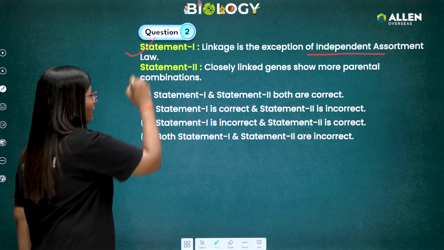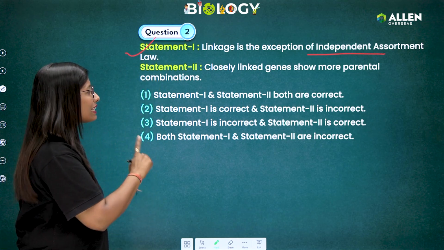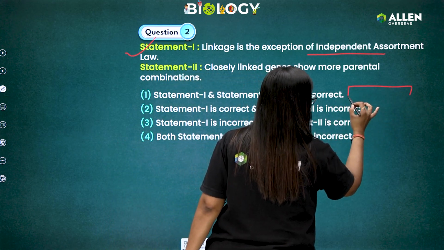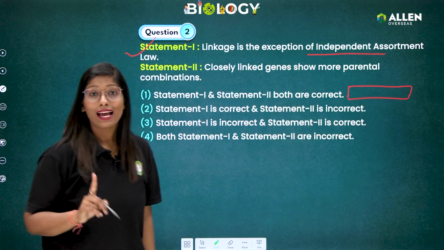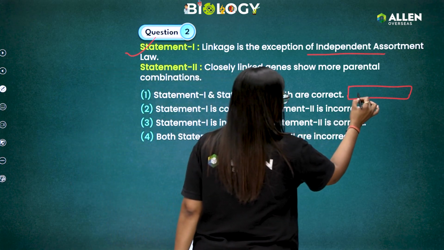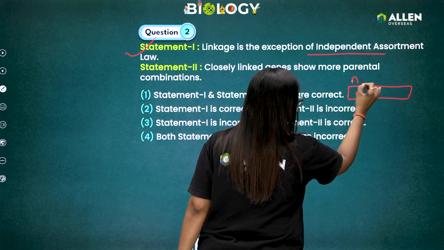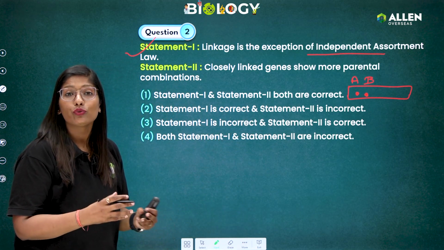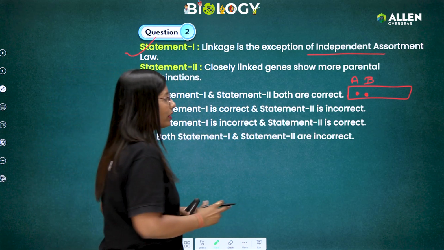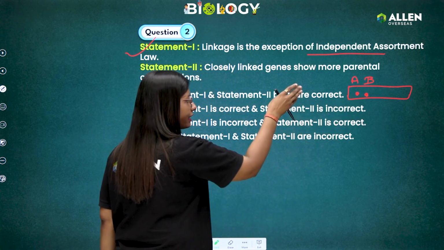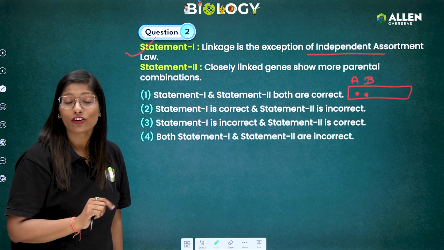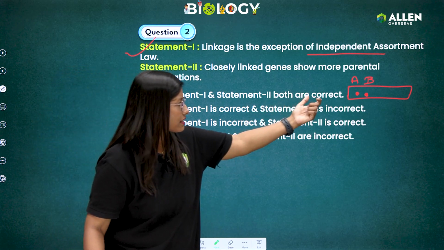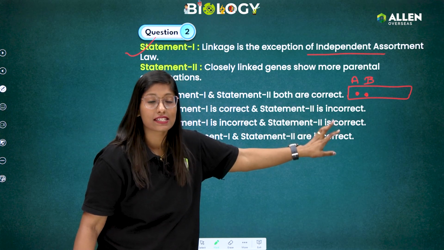So this statement is correct. Now second statement says closely linked genes show more parental combination. Now in the linkage, we know linkage is seen when the genes lie on the same chromosome, right? So here suppose there are two genes, gene A and gene B. Now, if you will see the distance between A and B genes, the two genes are closely linked. Now, when the two genes are closely linked, we can say that here the chiasma formation cannot take place, the crossing over cannot occur, or the frequency of crossing over will be very less, and because of